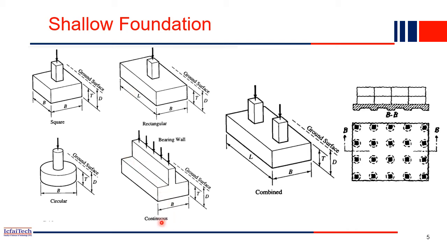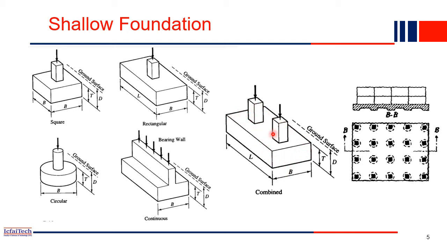Now this is an example of continuous footing. In continuous footings, all the columns are laid on the same platform. This is the same platform you can see, with all the columns one by one. Although there will be gaps, in the figure it is not visible, but each arrow is one column. So all the columns are lying on a single base. This type of footing we call continuous footing. Then we have combined footing. Combined footing means two columns together in one block, one footing.